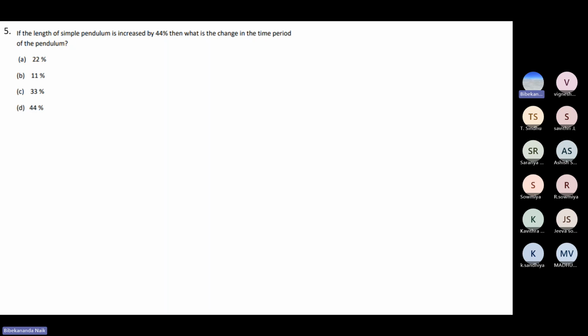Yes, has anybody solved it? The question says, if the length of the pendulum is increased by 44%. So we know the time period of oscillation of a simple pendulum is T equal to 2 pi root over L by g. Since we are taking the change in length and time period here, g is obviously constant. If you take a log and then take the derivative,